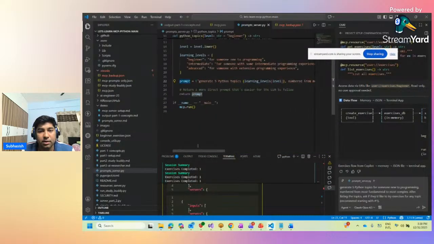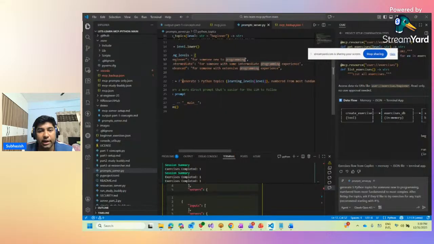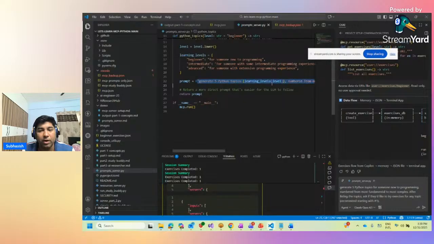Dynamically it will take that label and make it lowercase. If it matches, then it will take that particular prompt mapped with your input text, and then it will generate the entire prompt, replacing this value accordingly. So that's what I give, the beginner, and then what happens is that it gives me